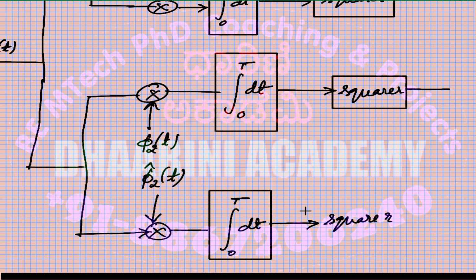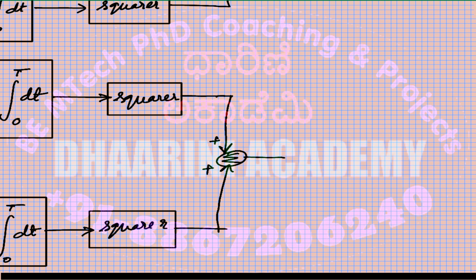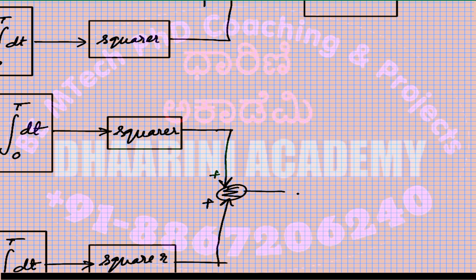Perform a squaring operation by using a square. And now we'll club these two results using a summer circuit. This now needs to be passed through a square root taking circuit,